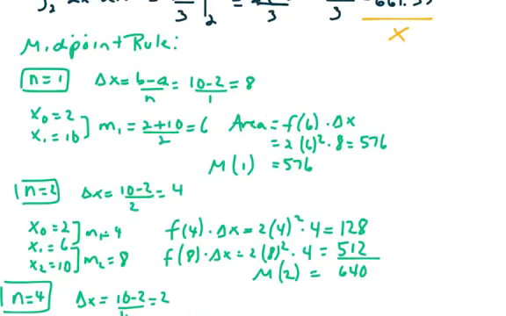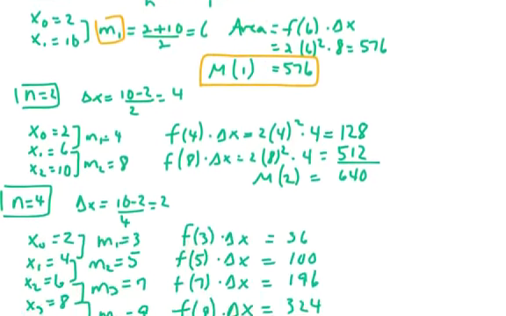The first step in the process is computing delta x. Delta x is b minus a over n, and in this case delta x is 8 when we have just one rectangle that we're working with. So the area of that rectangle is simply delta x times f of 6, which is the midpoint of that rectangle. So m1 is equal to